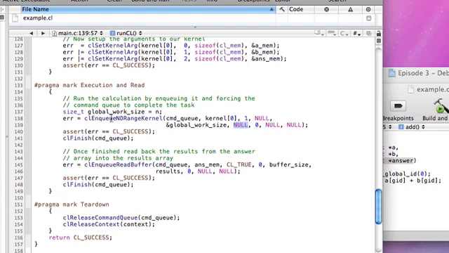We enqueue this, but again, the enqueue isn't necessarily a blocking enqueue. So we tell CL to finish. Enqueue whatever, but now I'm going to wait. I want this done before I proceed and do anything else. And that's important. You need to make sure that your command queue is completed before you try and read the